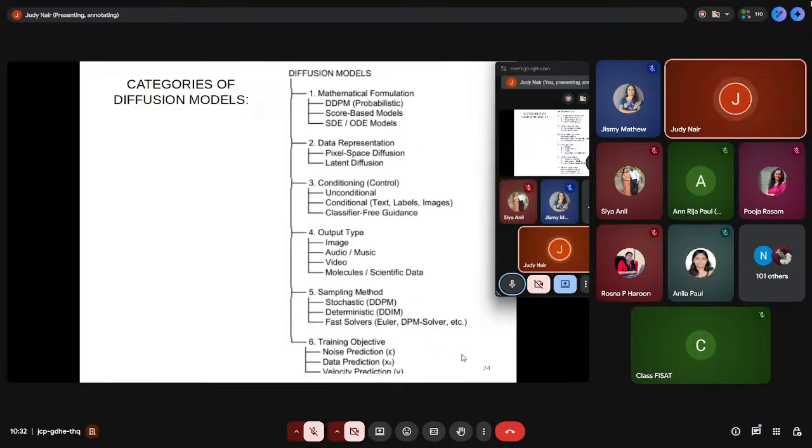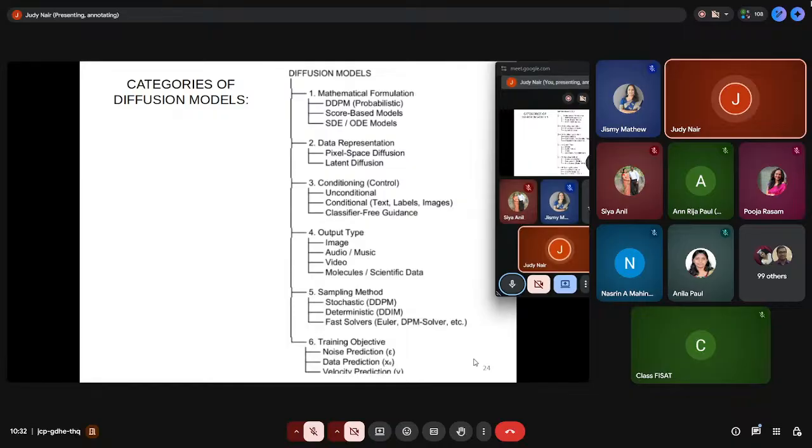Finally, for some diffusion models we know what they are used for. If it is a denoising diffusion model, then it is going to predict the noise. Sometimes it is going to predict the data also, because at every step it also understands what the actual information is.